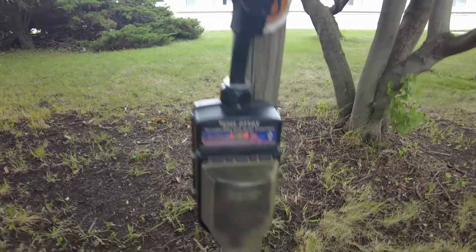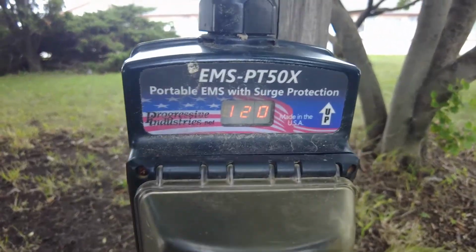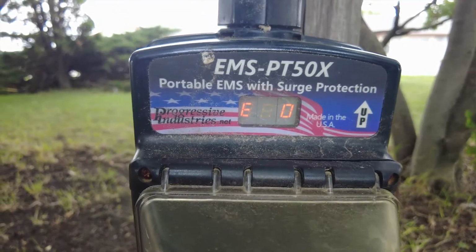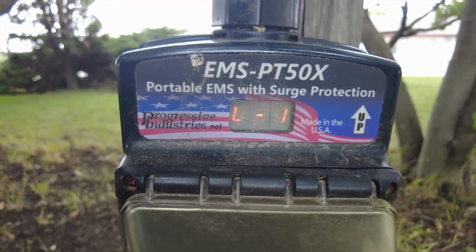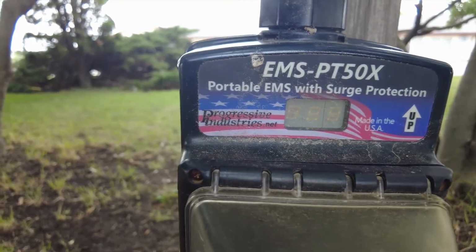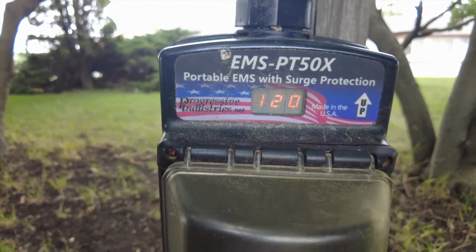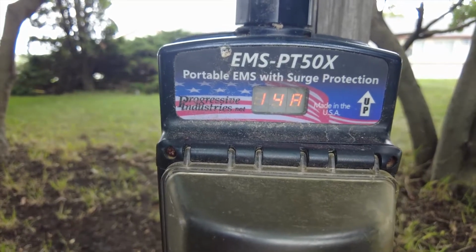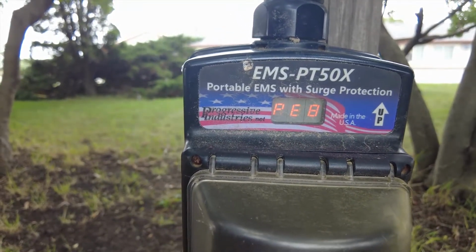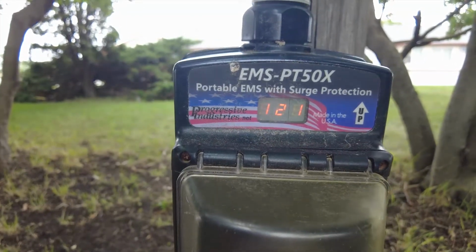Let's see if I can read it. Line 2 is 120 volts at 14 amps, 60 hertz, and no errors. PE8, and 120 at 1 amp on line 1. PE8. 8 is low frequency. It says it's 60,